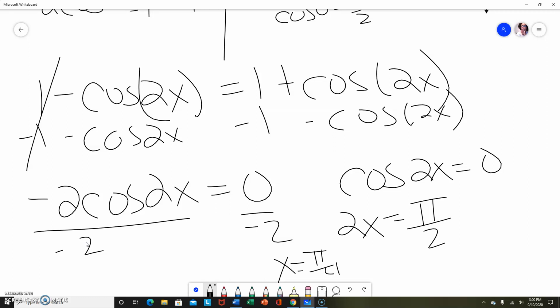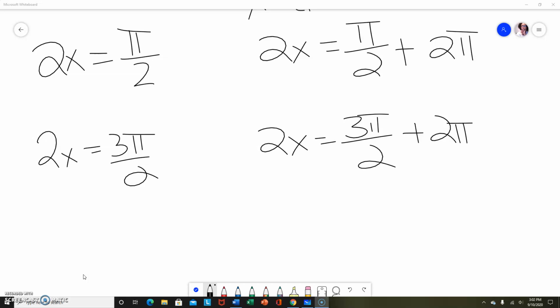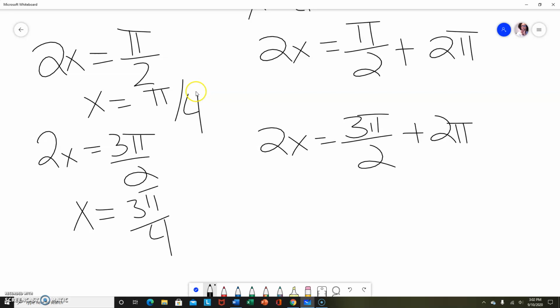Well, what if I added 2 pi to this? And I think I'm running out of time. Okay, so I am running out of time, but we do have to remember that we are staying on the interval of 2 pi. So that means I have to take into consideration what will happen to my equation if I added 2 pi to this. So for this one, I know that x is equal to pi over 4, because if I divide by 2, I get pi over 4. And for this one, if I divide by 2, I get 3 pi over 4. Well, here if I add, I have pi over 2 plus 4 pi over 2. That gives me 5 pi over 2. And if I divide that by 4, I get